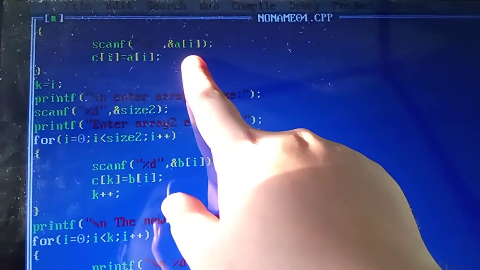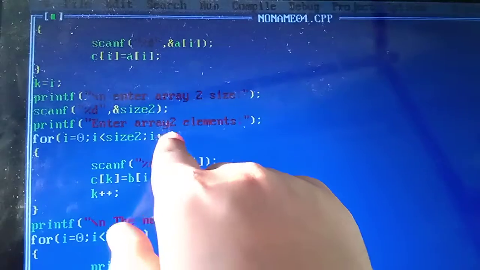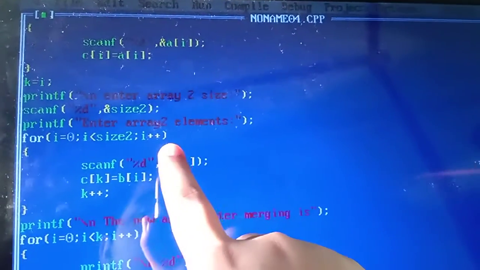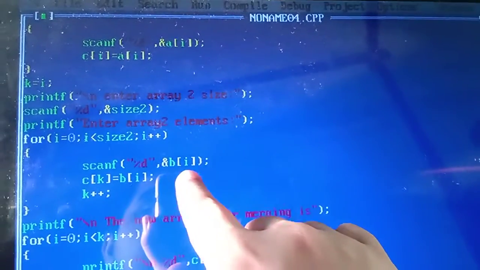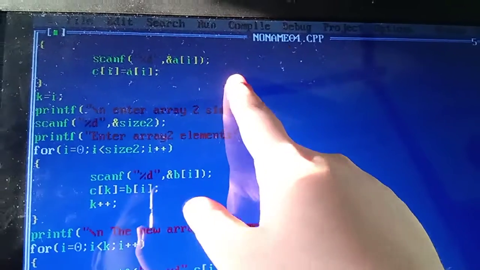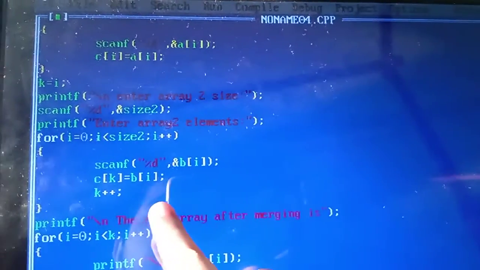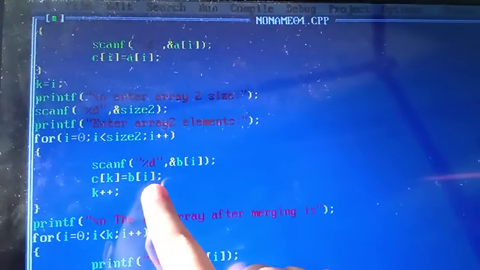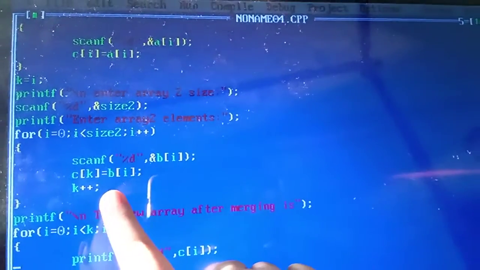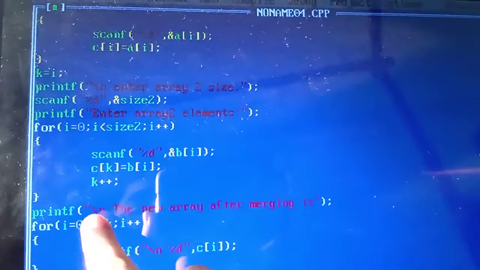In the first for loop, I told you that at the A[0] position you have assigned one value, at A[1] one value, at A[2] two value, at A[3] one value, but at the A[4] position the first for loop does not execute. So it comes to the k value, k equal to 4. Now it executes here. So at the C[4] position the B[0] value will be stored and k++ will be executed. k++ equal to 5, 4 plus 1 equal to 5.